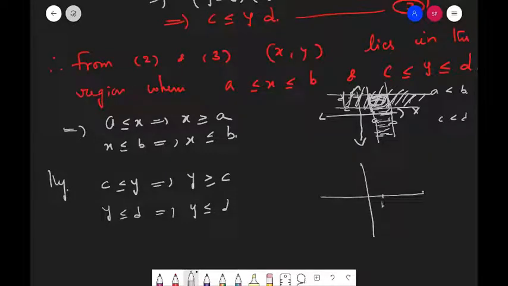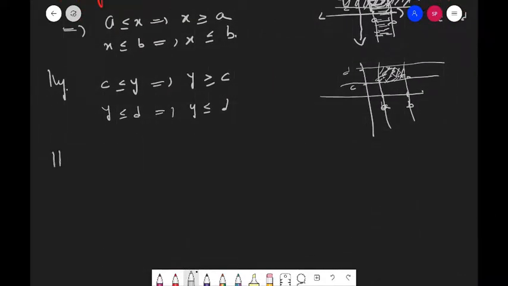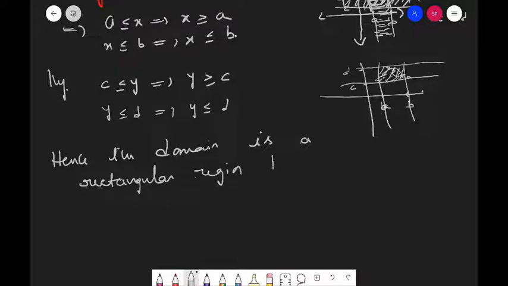You can say if this is A and this is B, this is C and this is D, then in this area you will have A less than or equal to X less than or equal to B and C less than or equal to Y less than or equal to D. Hence, the domain is a rectangular region bounded by